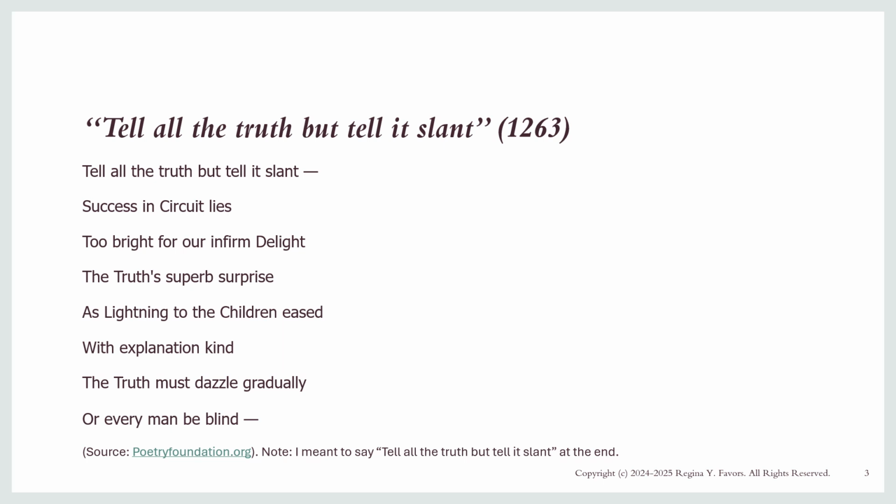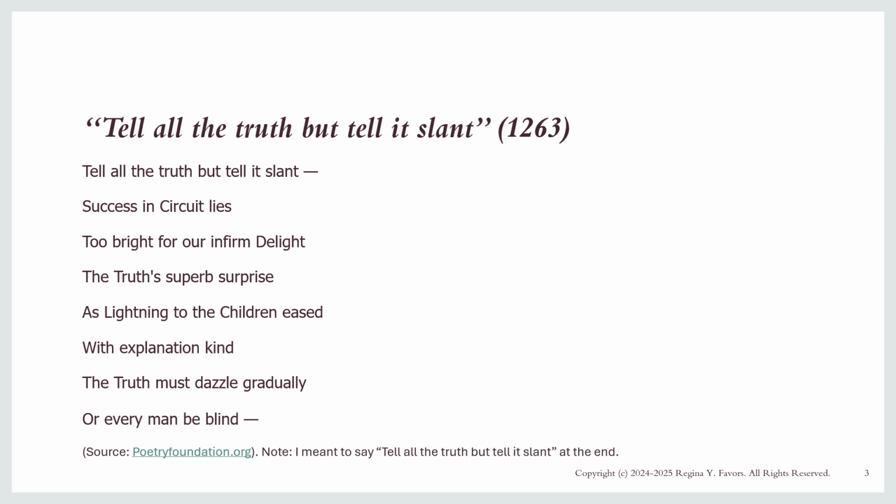If you're not physically blind, literally blind, and you choose not to understand something, you are choosing to be blind on purpose. However, a person can still be blind and still choose to be blind in their understanding. So tell all the truth, but tell it slant. Tell all of it. There's still an all aspect of it, but you may have to tell parts of it, which is success in circuit lies, too bright for our infirm delight, the truth superb surprise, lightning to the children, ease with explanation kind,